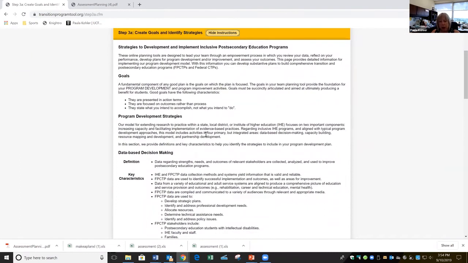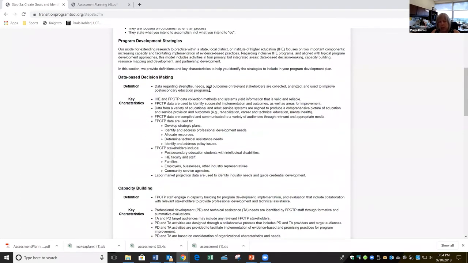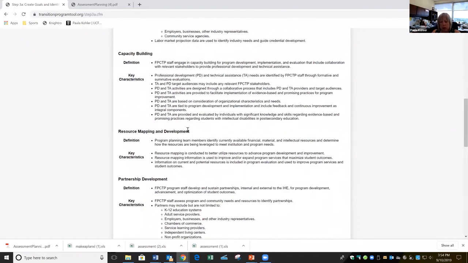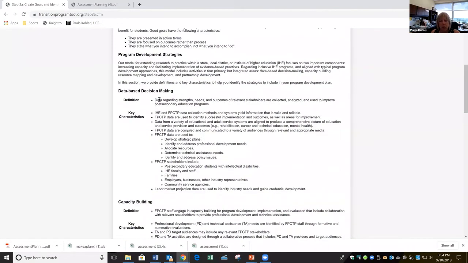Here are the program development strategies. You're going to choose which one of these. We're going to think about data. We're going to think about capacity building. We're going to think about resource mapping and development or partnership development. Those kinds of strategies are relevant across all those domains. And what we've done here is we've identified the key characteristics of data-based decision making. And they're really,